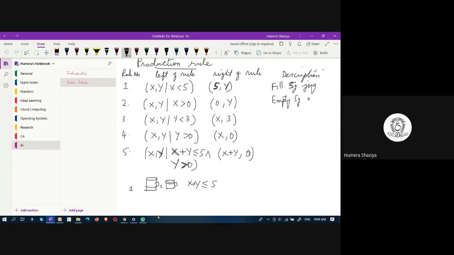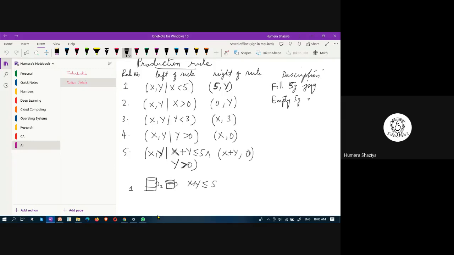We are in the fifth rule. In the fifth rule, it is stated that the 3 liter jug should not be empty. Greater than zero means it is not empty. It has got some water. As there is no measuring mark, we can't say how much water it is unless it is full. If both are full, we can say that it has 5 liter and it has 3 liter.